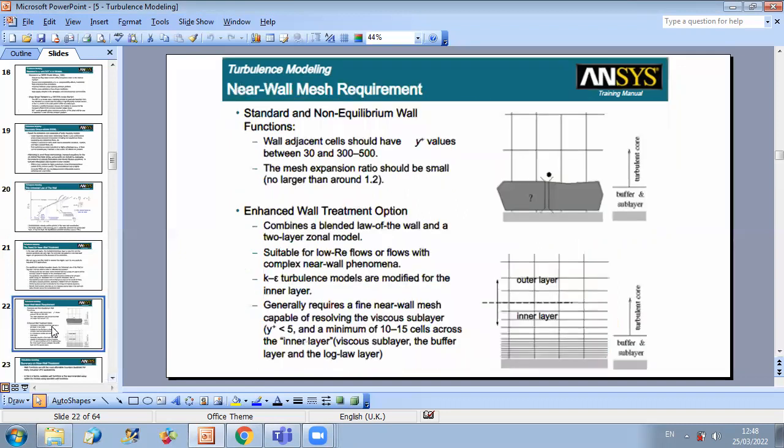Now we'll see here, for example, how near wall mesh treatment can enhance the prediction. If I take standard and non-equilibrium wall functions, then the wall adjacent cell should have a y plus value between 30 and 300 to 500, and the mesh expansion ratio should be small enough